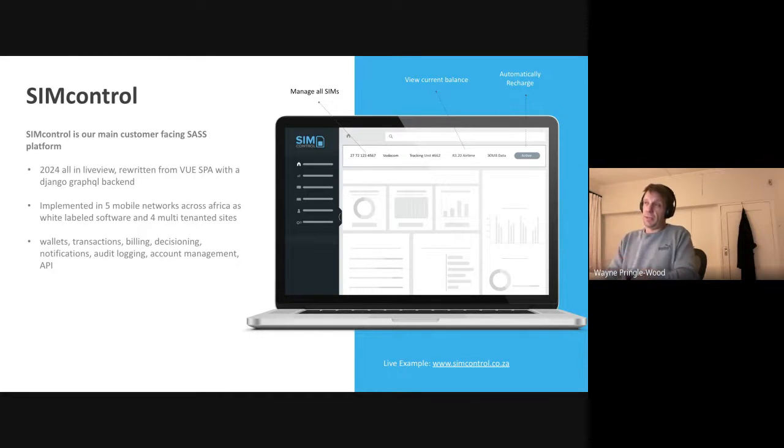This is a big SaaS application, right? So it's got wallets, transactions, billings, decisioning, notifications, everything else that you'd see in a SaaS application. It manages customers' accounts, onboarding, everything it needs to do, interfaces into payment gateways, accounting software, and exports stuff into BigQuery. It does the whole thing.